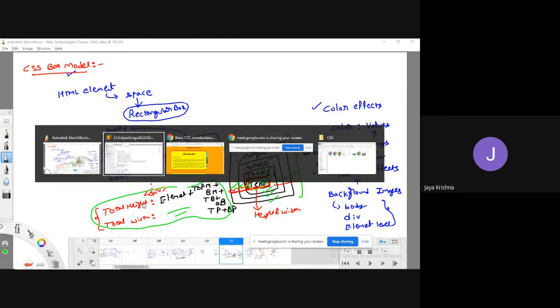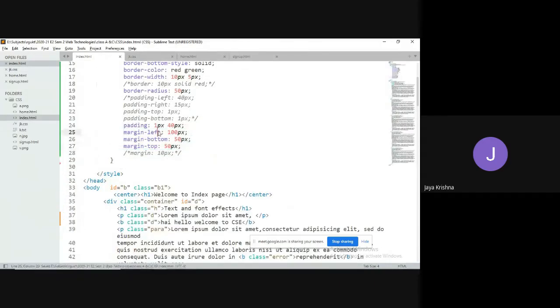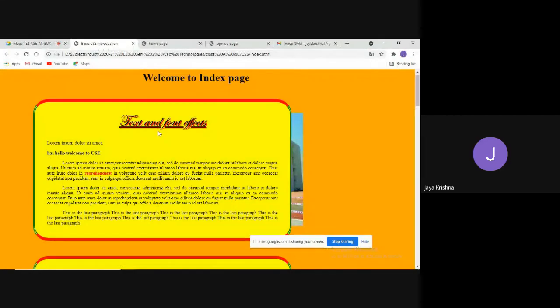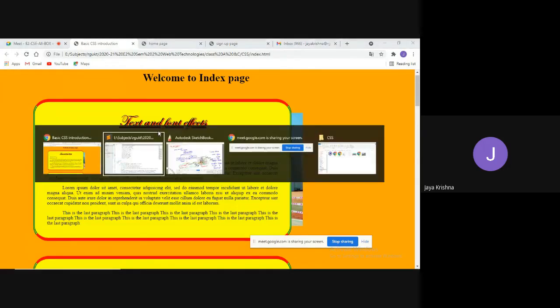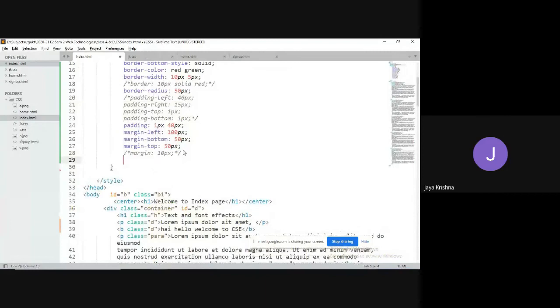If you observe some more extra concept here, outline is a concept. Outline is a concept which is going to draw some kind of outline around every HTML element border. I have a property called outline property.